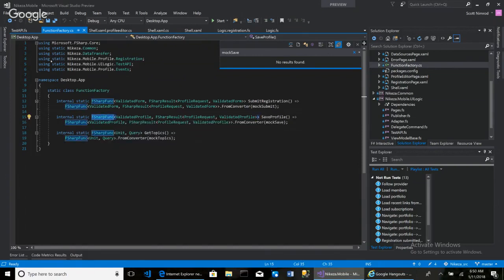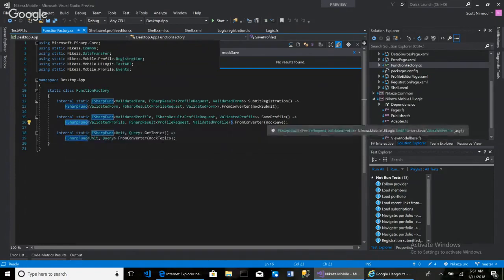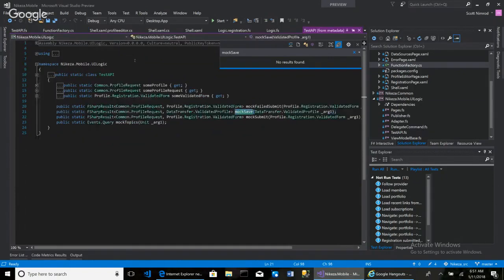This F# func type is going to need the C# caller to specify the input of that function that they want, and also the output of the function that they want. And then, based on that F# func type that has the input and the output of that function, they call .FromConverter, and then they can pass in the actual function name. In this case, mock save is the function name that we want to return,